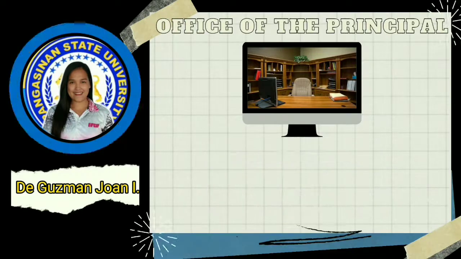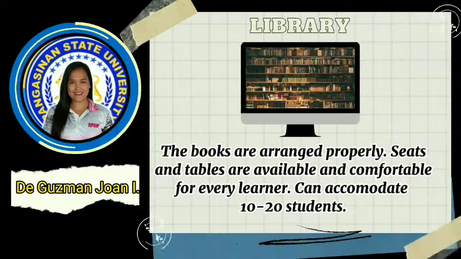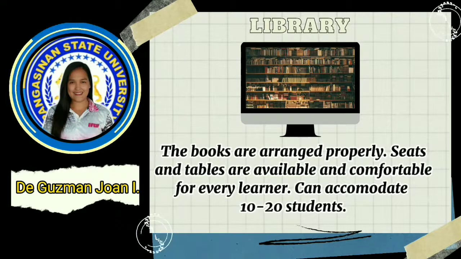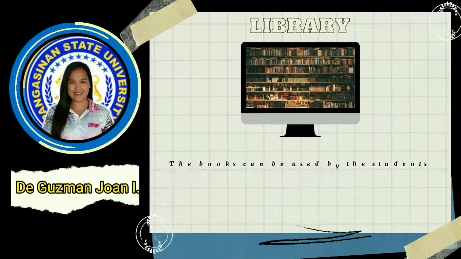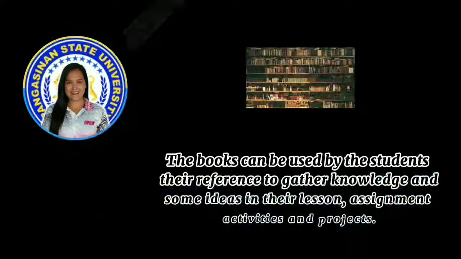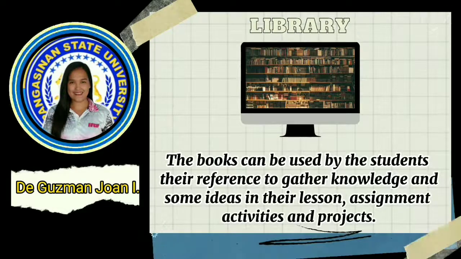leaders in schools. Library. The library is conducive for learning. Books are arranged properly. Seats and tables are available and comfortable for every learner. Can accommodate 10 to 20 students. It is the nerve center of academic learning and a wonderful place to spend leisure time as well. Books can be used by the students as reference to gather knowledge and some ideas in their lesson, assignment, activities,